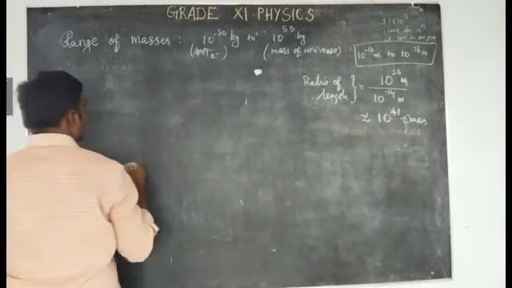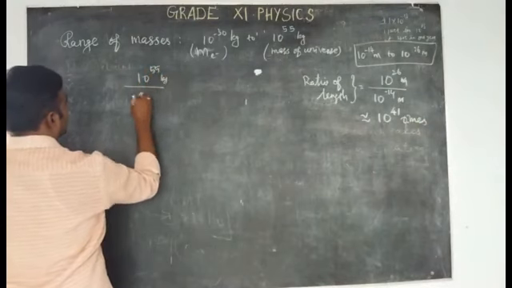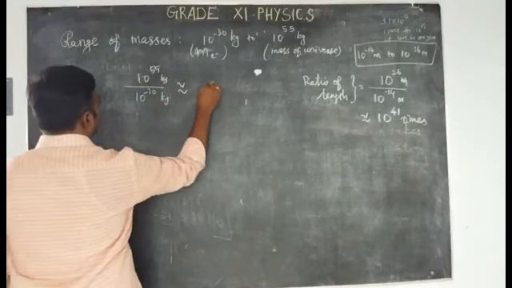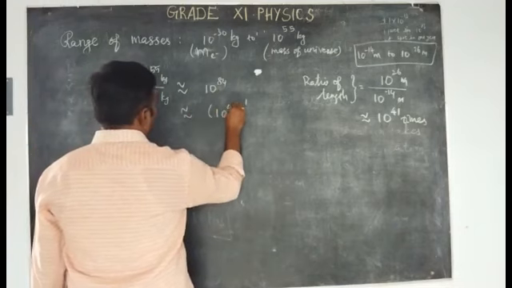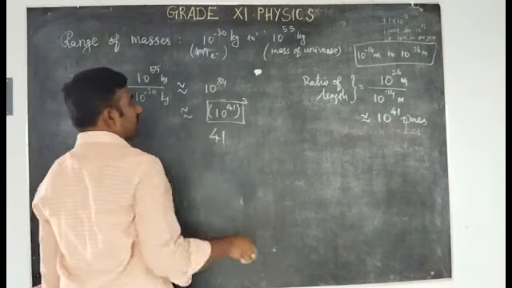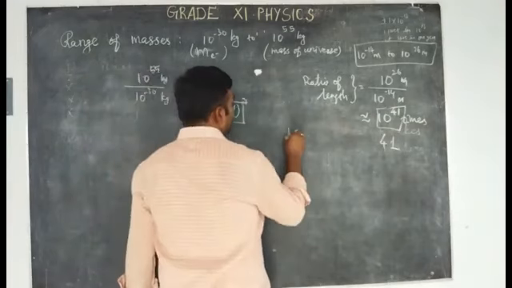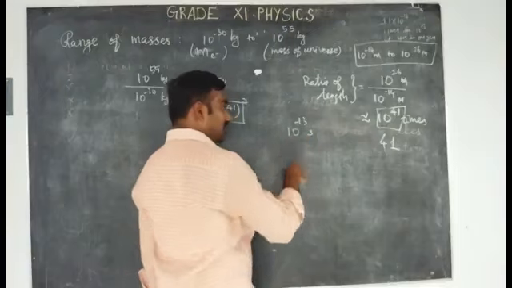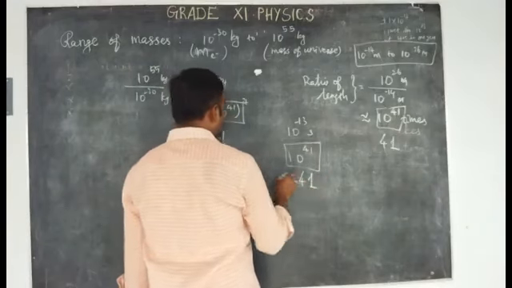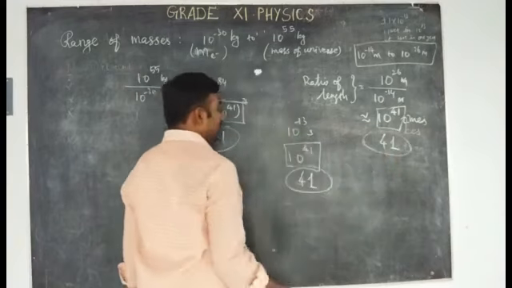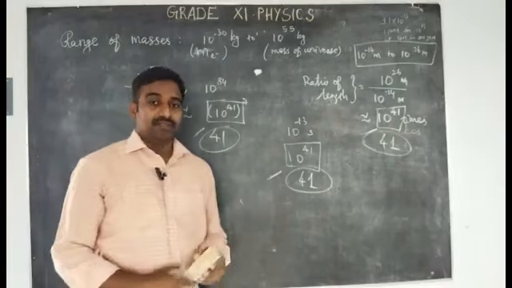இதே மாதிரி மாஸ் கேடுங்க ரேஷியோ between larger mass that is 55 kilogram to smaller mass that is electron mass, which comes approximately 10 to the power 84 times, that is approximately equal to 10 to the power 41 the whole square. இங்கேயும் 41ங்கிற நம்பர் வந்திருக்கு, இங்கேயும் நமக்கு 41ங்கிற நம்பர் வந்திருக்கு. அதே மாதிரி டைம்ல 10 to the power minus 13 seconds ஸ்மாலர் டைம் இன்டர்வல். லார்ஜர் டைம் இன்டர்வலுக்கு ரேஷியோ எடுத்தோம்னா அங்கேயும் 10 to the power 41ங்கிற நம்பர். ஃபண்டமெண்டல் குவான்டிட்டி எல்லாத்துலயும் ஒரு கோஇன்சிடென்ஸ் இருக்கு, லென்த்ல, மாஸ்ல as well as the time. இது ஜஸ்ட் ஒரு கோஇன்சிடென்ஸ். ஓகே, remaining we'll see now.